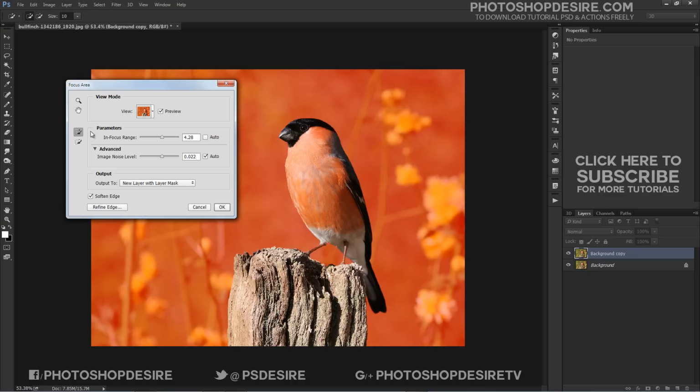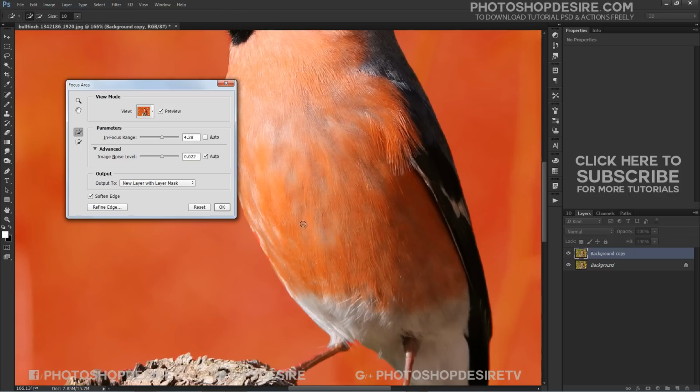The small brush icon on the left allows for further refinement of the selection edge. Use this to brush over areas that should be included in the selection.